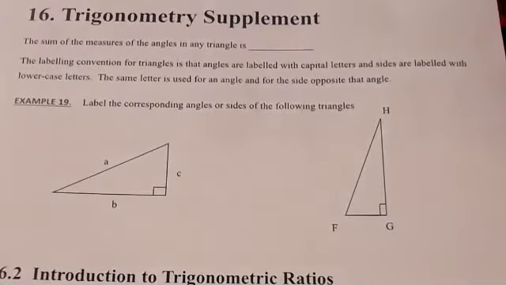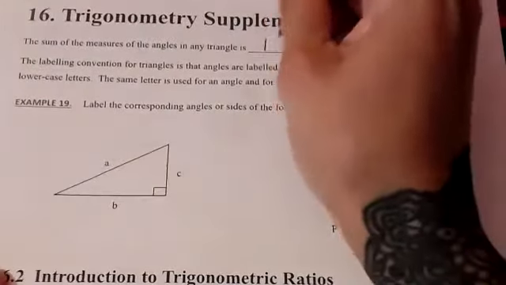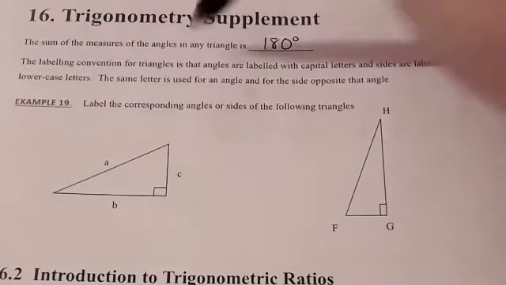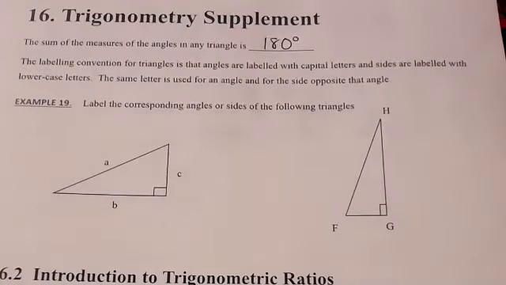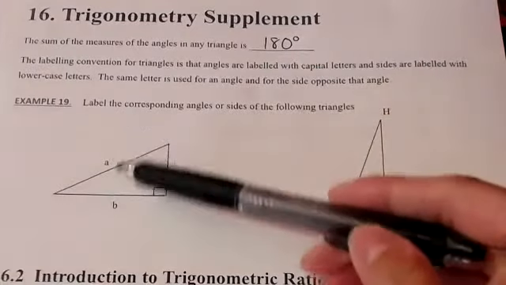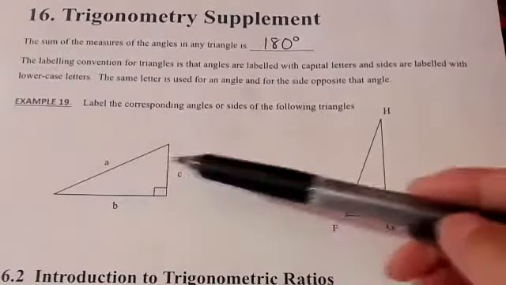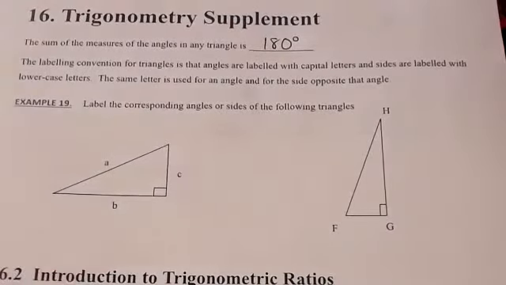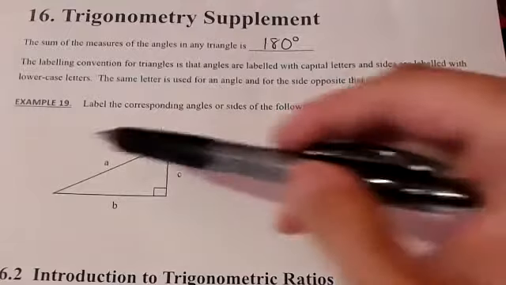180? Yeah, always 180, right? It doesn't even matter if it's acute or obtuse, equiangular, isosceles, it doesn't matter. The sum of the measures of the angles will always be 180. The labeling convention: you typically label sides with a lowercase letter and you label angles with an uppercase letter. That's pretty typical when you see this in math texts, little baby lowercase letters are